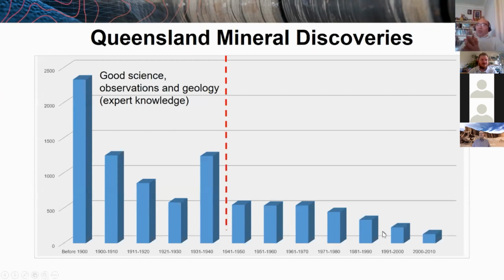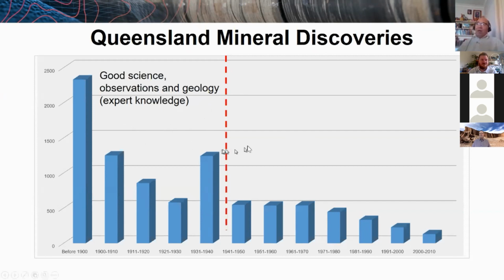The first picture shows the mineral discoveries in Queensland. Basically, Queensland has been a very active exploration target for the last 150 years. Before the Second World War, within the first 80 years or so, a lot of these discoveries were made just based on good science, good geology, and good knowledge base, which brought in miners from overseas as well as from other parts of the world to find the gold and tin deposits, in both Palmer River and in the